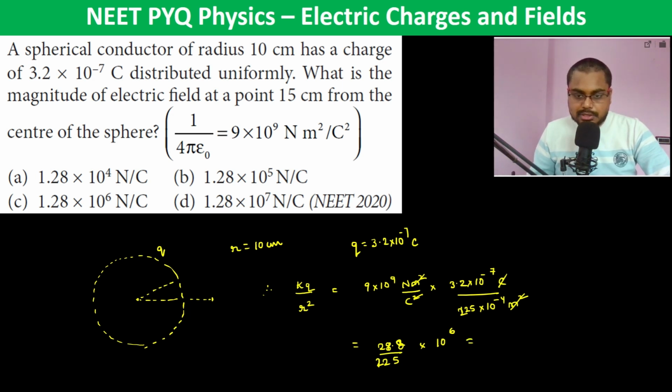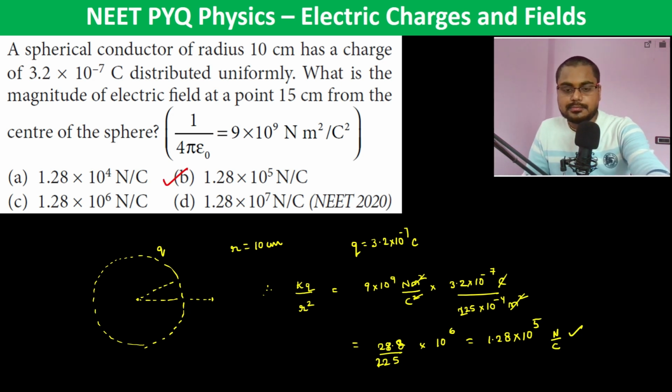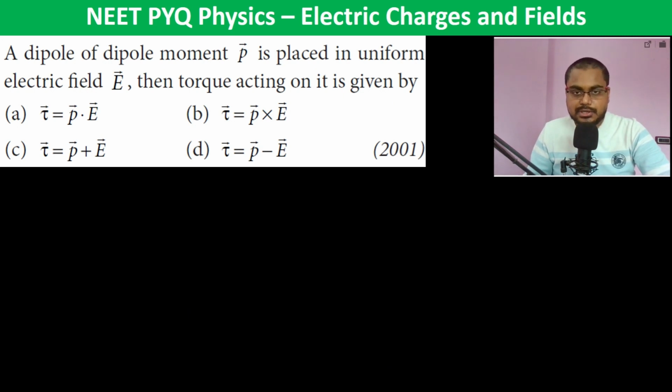Okay, so this becomes 1.28 into 10 to the power 5 Newton per coulomb. So B is going to be the answer. Thank you. A dipole of dipole moment P is placed in a uniform electric field and the torque acting on